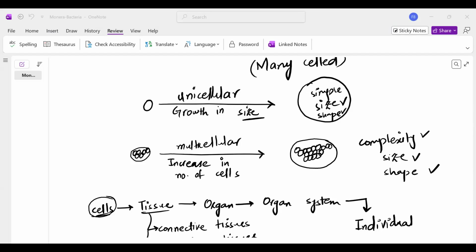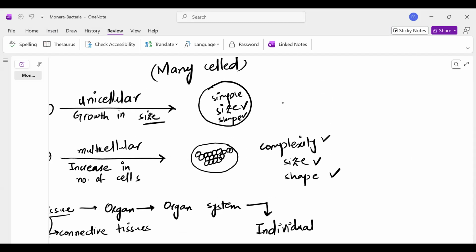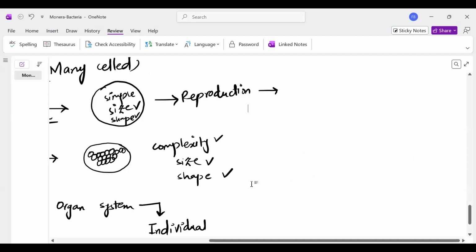Then there is reproduction. Okay. When we talk about reproduction, there are basically two types of reproduction: asexual reproduction and sexual reproduction. And as well as that, in the simplest organisms, there is binary fission. Let me discuss it over here. When we talk about the unicellular organisms, if we talk about the reproduction in them, there will be just binary fission. Okay, what does it mean? It means